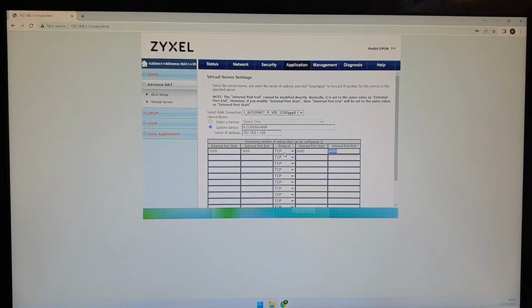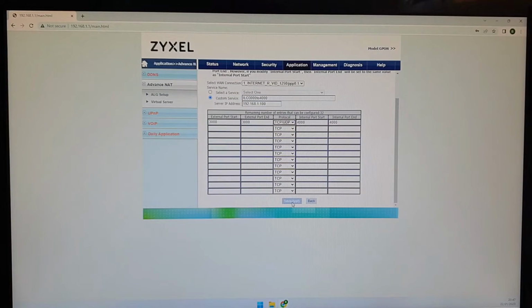So if you're not sure if the protocol is TCP or UDP, you can choose both. It normally is TCP in this case, but then you can choose both. If I save this,